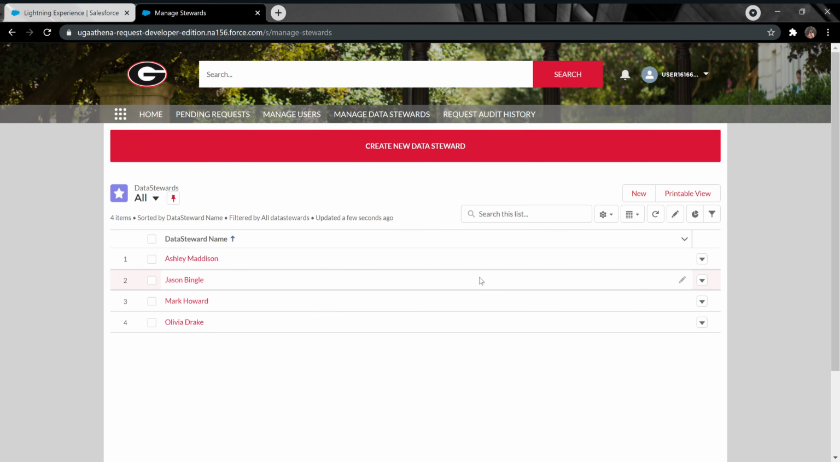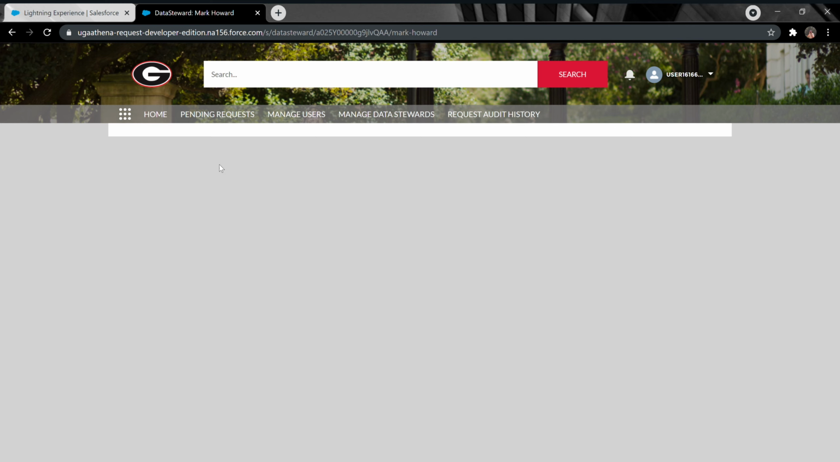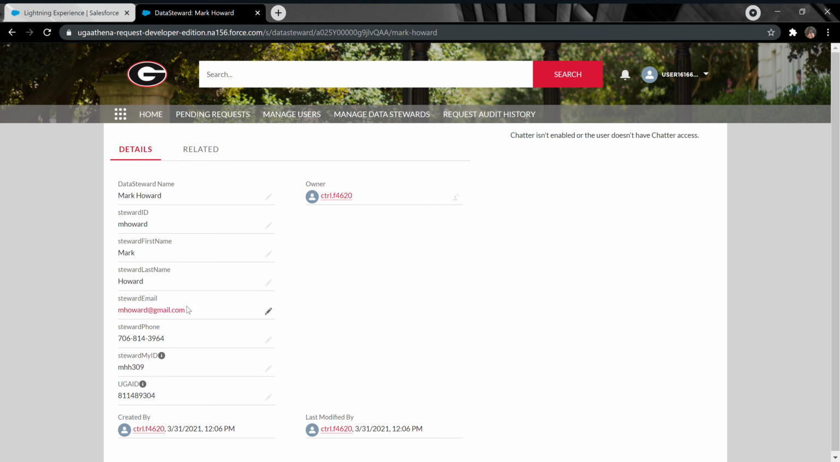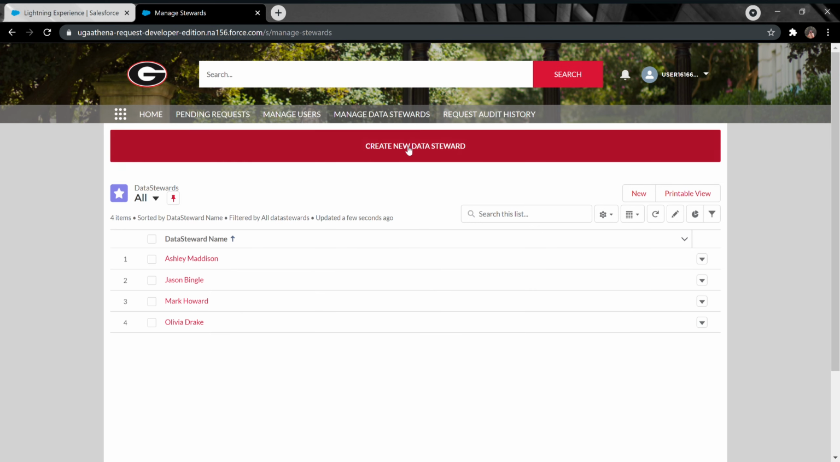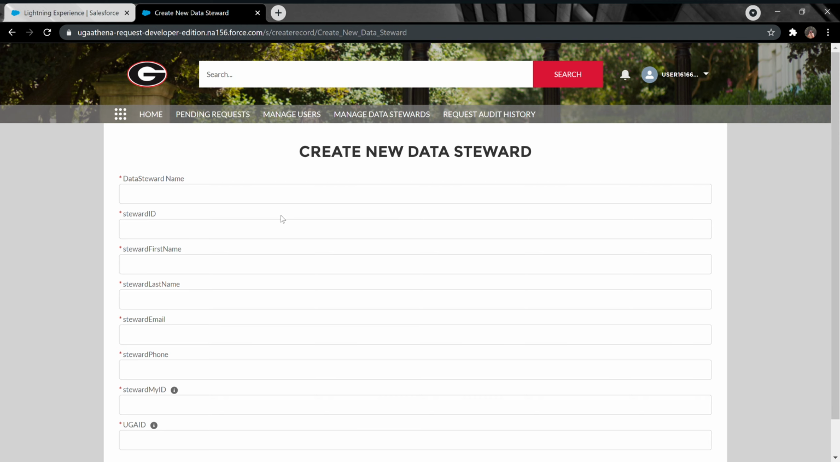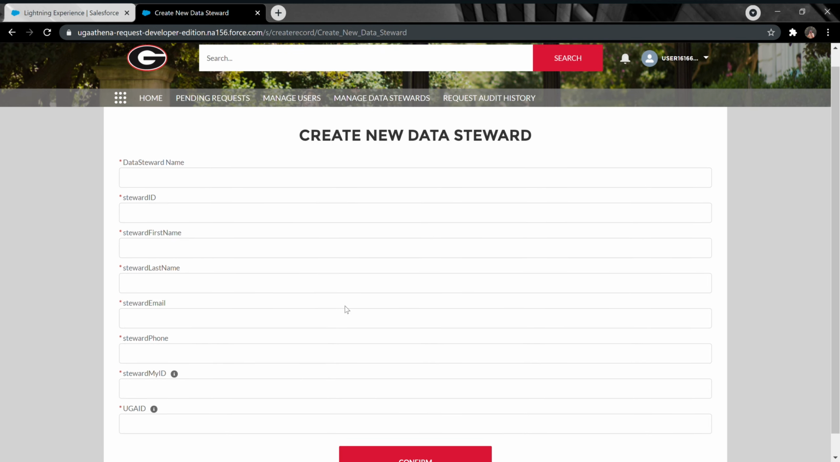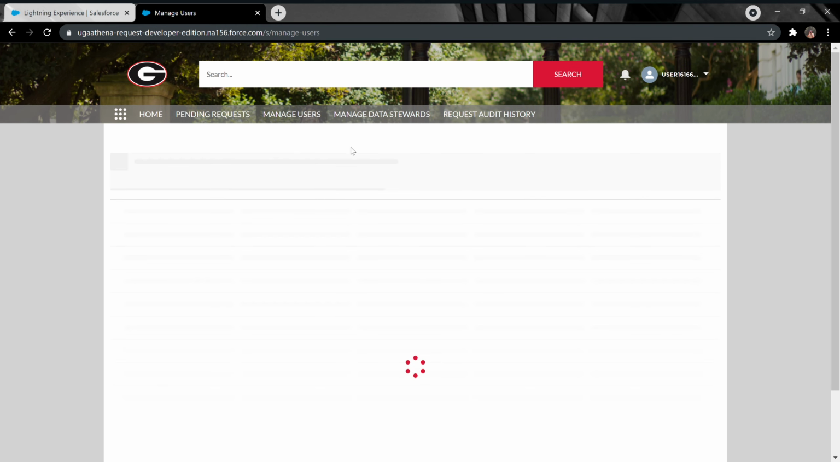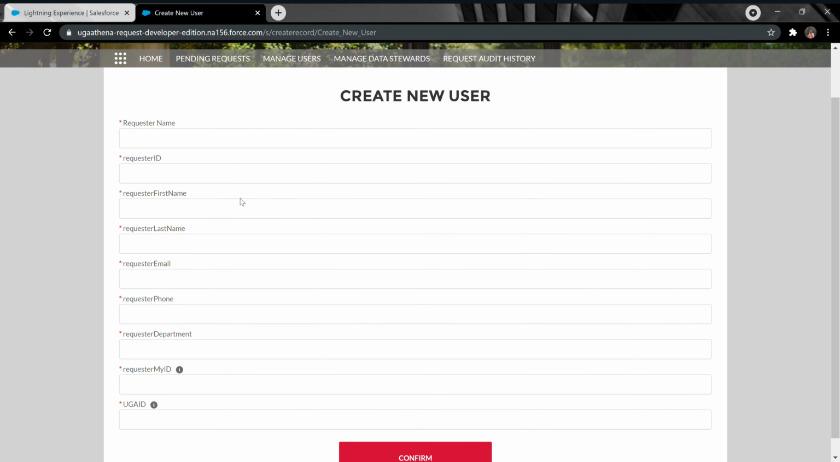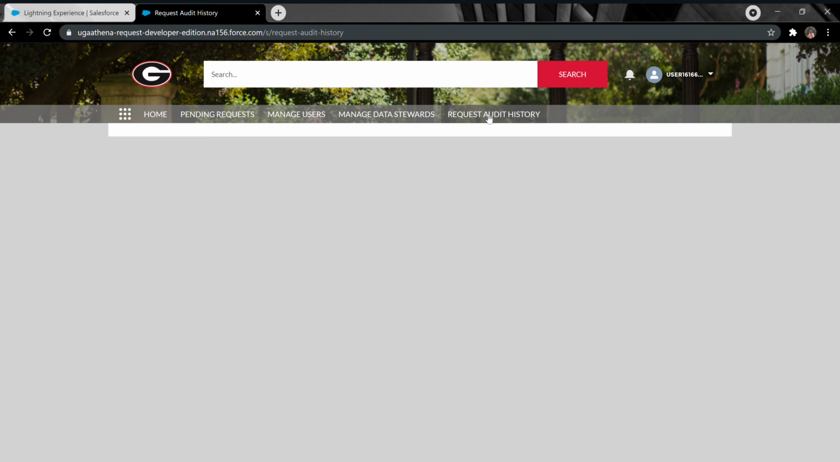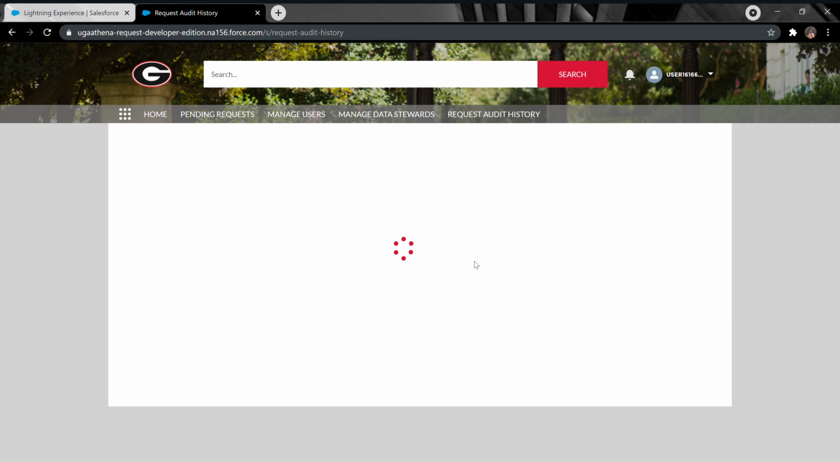Again, here you can manage data stewards as well. It has the different data stewards, including our man Mark Howard. If you click that, you can see Mark Howard's information. If you click on Create New Data Steward, this form will come up. Data steward name, similar to, like I said, if you want to create a new user, a new requester. Again, very similar form. We can also request the audit history,